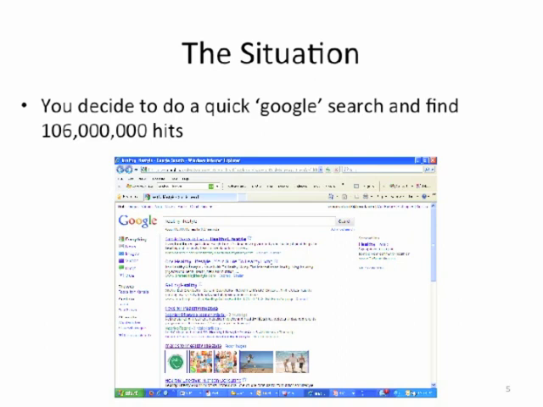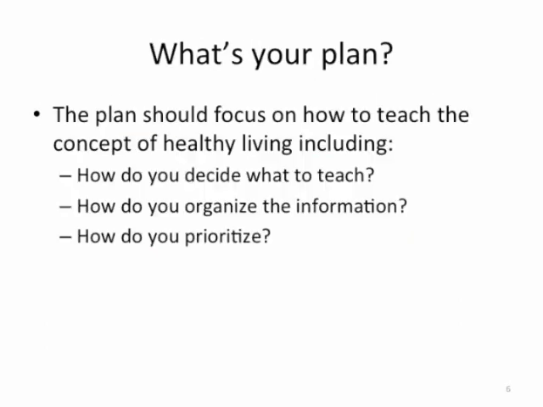And how are you going to do that? What does healthy lifestyle mean to you? So you have a lot of things you need to think about. Let's just imagine for a minute that you have this task ahead of you. What would you want to think about? You've got a group of 13-year-olds, and you need to work with them to help them understand the concept of a healthy lifestyle. Where would you start? No matter what it is that we're planning to teach, there's an overwhelming amount of information. And you need to make some decisions about what you're going to do, how you're going to do it.